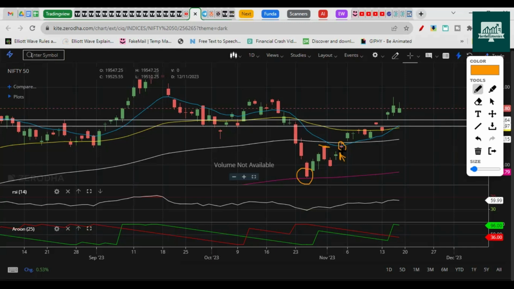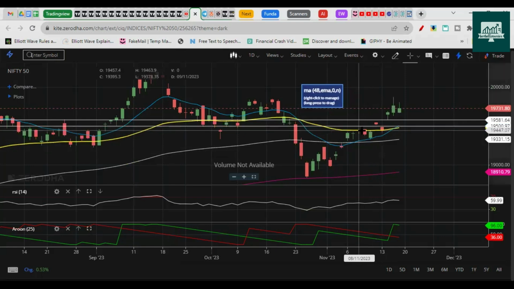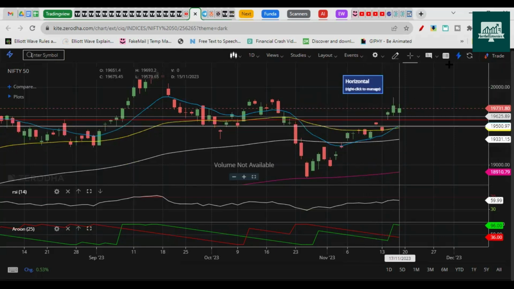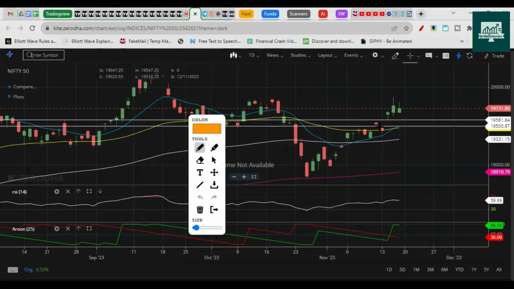Then we expected Nifty to head higher. So this was the reason I was leaning towards the bullish side, and we see the results here. Based on the gaps, the Nifty moved higher. It broke this 13 EMA, this blue line you see here, the moving average plotted is 13 EMA. And you can see here, it has now crossed 48 EMA. So the trend has changed to the bullish side. At least you can see the trend has turned bullish after this crossover. Usually it's a trend change.